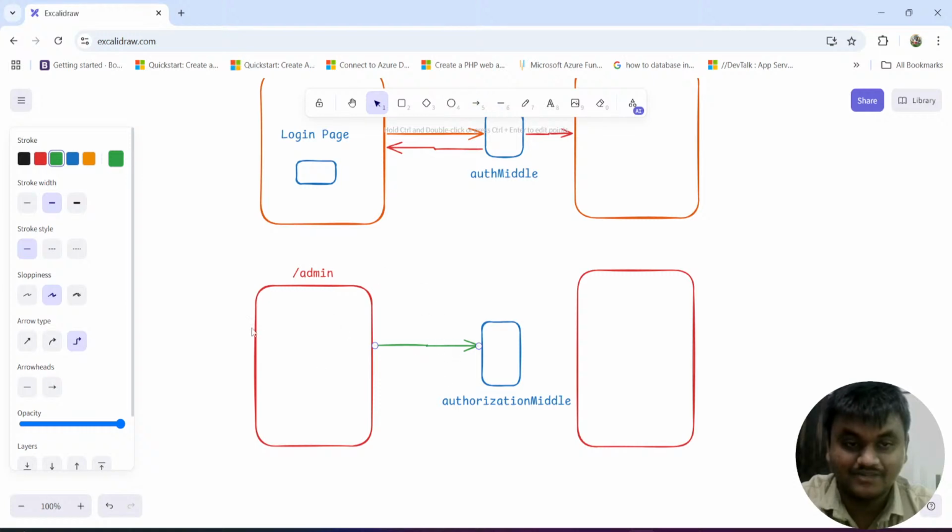Suppose he is not permitted, like this user does not have the permission to access the admin role. He gets a message like you are not able to access, this user will not have permission to access this admin URL or admin dashboard. Suppose he is having the permission, he is able to access some more controllers, and it will trigger the